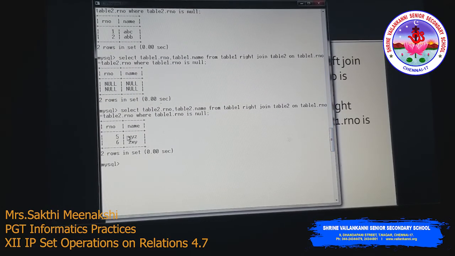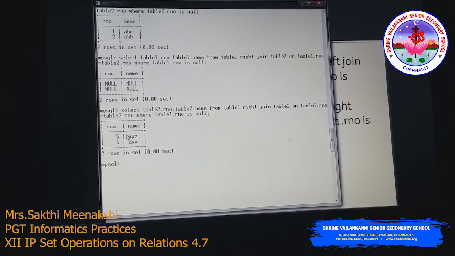From table 1 we have 4 records, 1, 2, 3, 4. From table 2 we have 4 records, 3, 4, 5, 6. Since this is set minus B minus A, we need only the values which are present in table 2, no common values. In table 2 we have the values 5 and 6; 3 and 4 are present in table 1 also. So we need only 5 and 6.